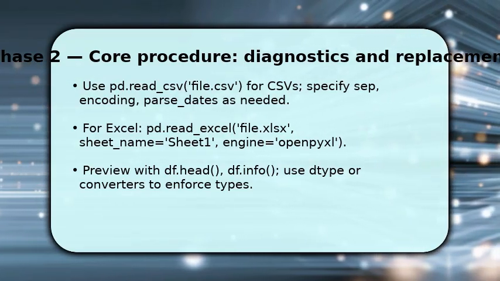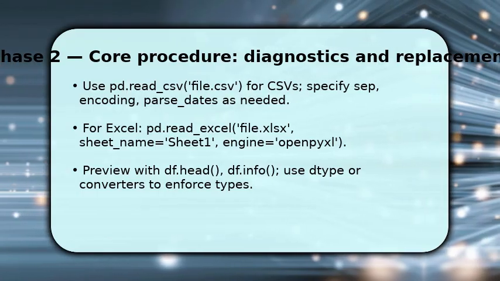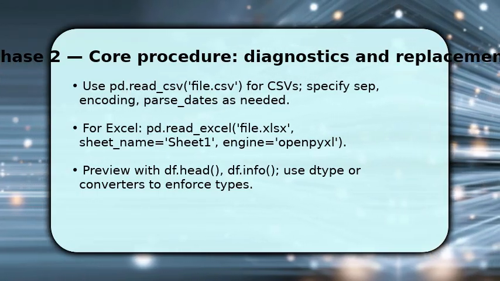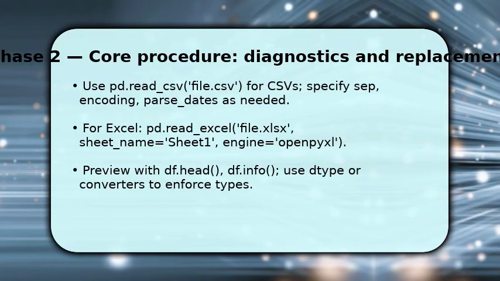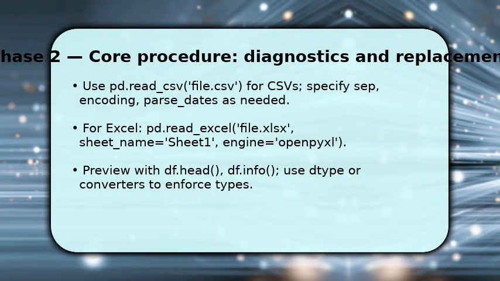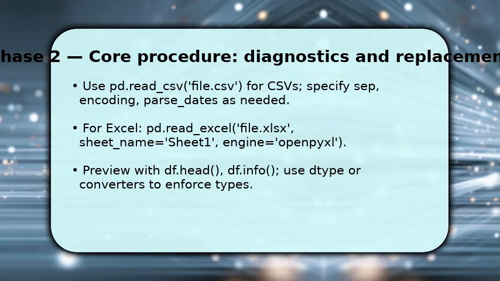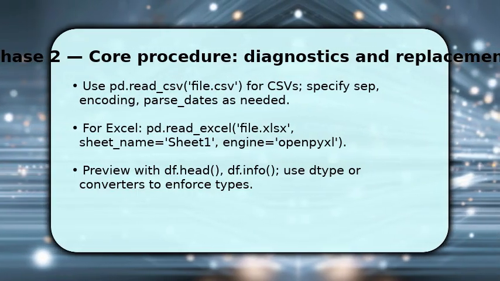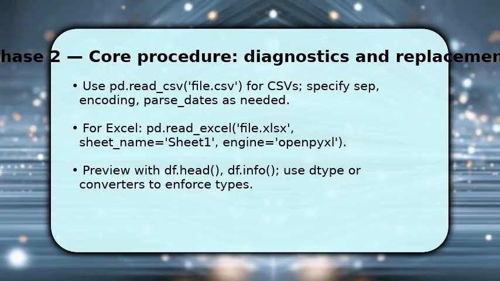Once the DataFrame loads, preview with head and info to confirm types and missing data. If columns parse incorrectly, apply dtype or converters in the read function. This prevents a later type mismatch. You finish by saving any clean DataFrame so your work is reproducible, and choose a compact format like Pickle